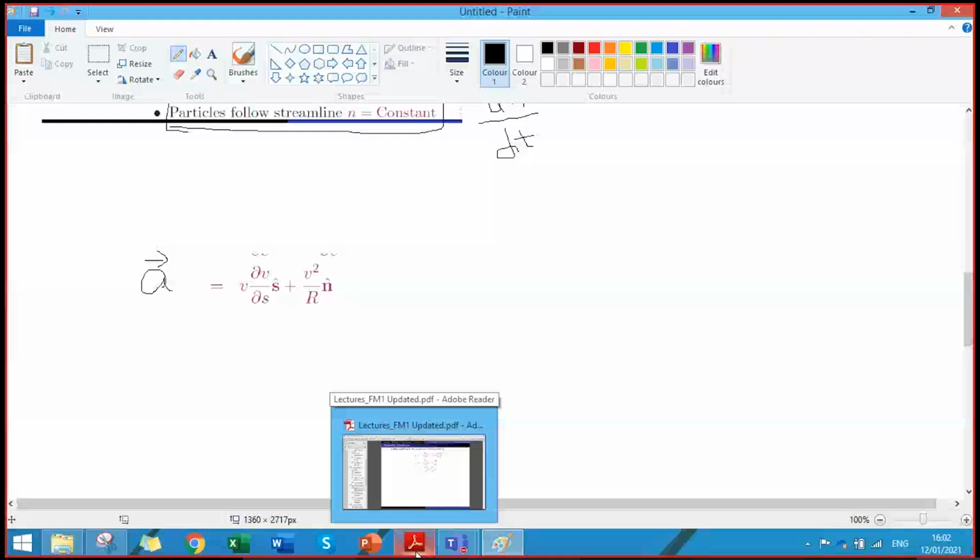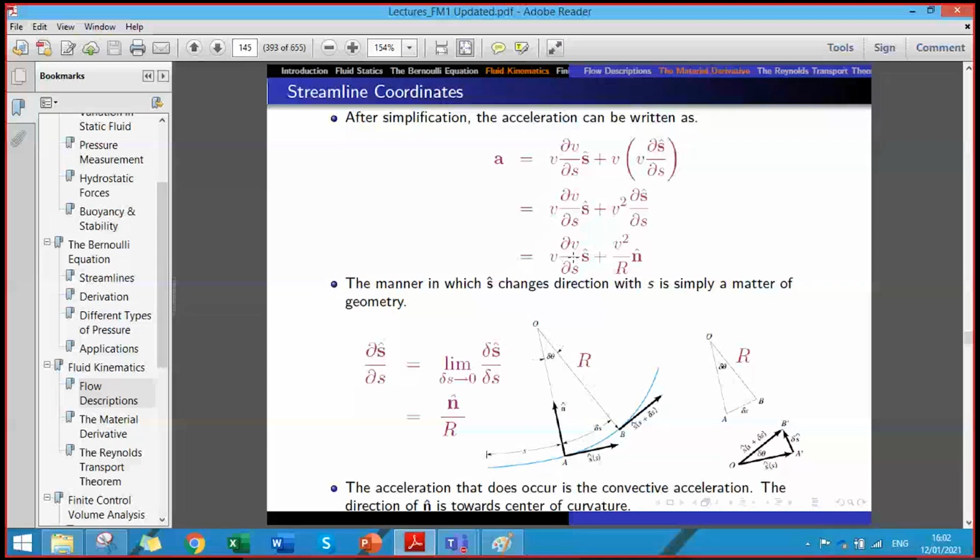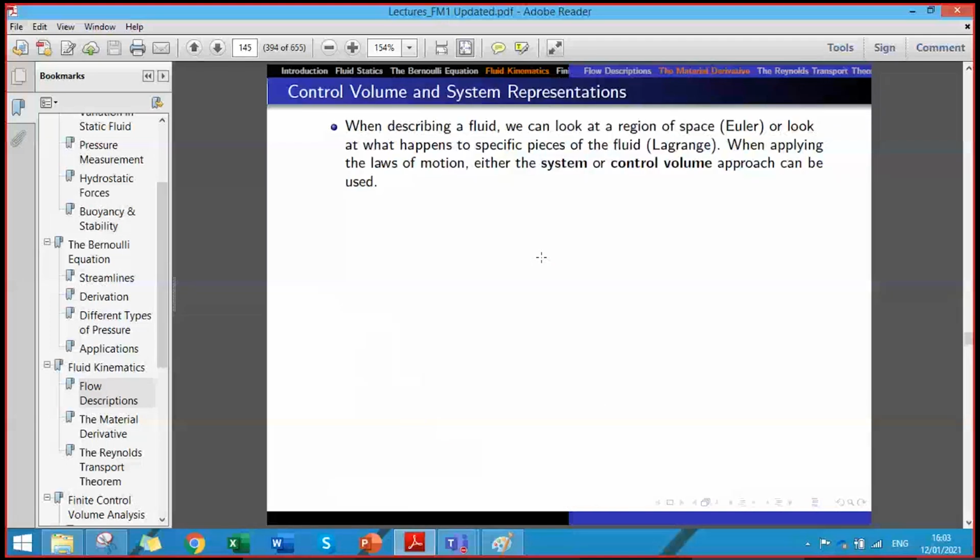So there is only the convective acceleration. There is no local acceleration here, right? So now we are very well aware how the acceleration will vary, how we will see the material derivative, how the material derivative is applied in Cartesian coordinates, and how it is applied in the streamline coordinates. But now the issue is that in most cases, like when you are studying thermodynamics,